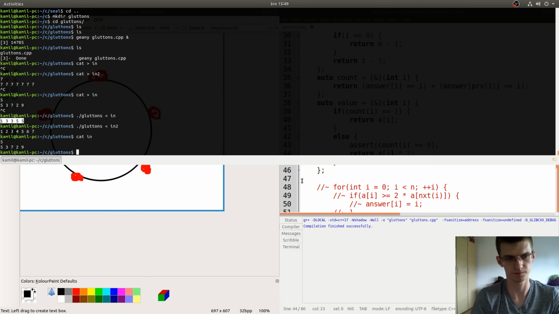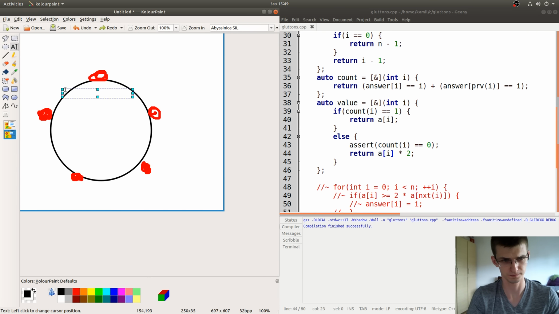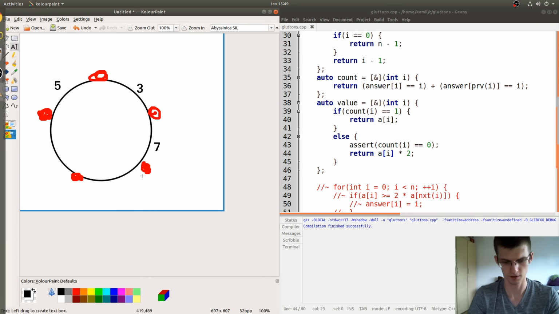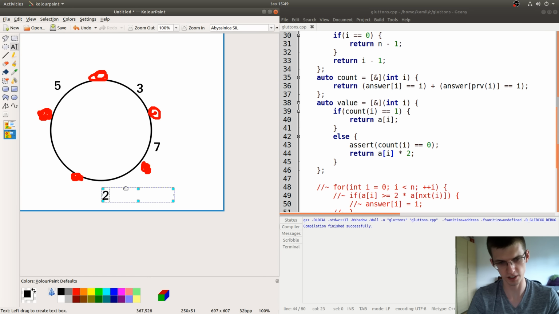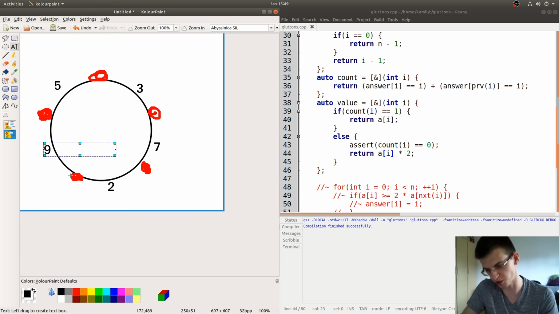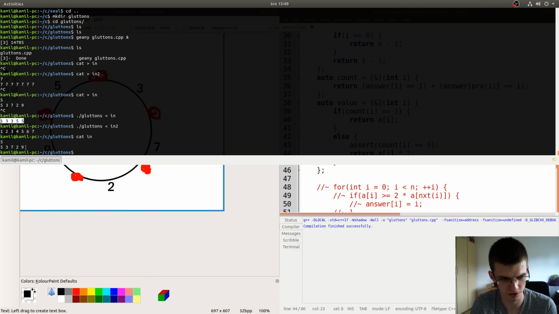What do we have? 5, 3, 7. By the way, I already today tried to check on the internet whether some graphic tablets work with Ubuntu, and I'm planning to buy some Wacom tablet to do drawings by hand instead of this paint thing, because it would be much easier to draw there.